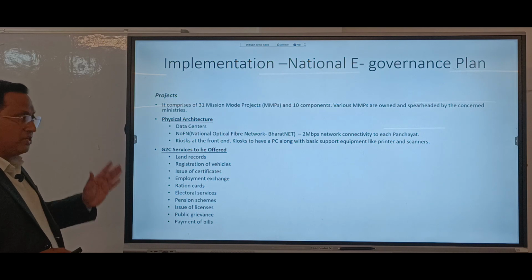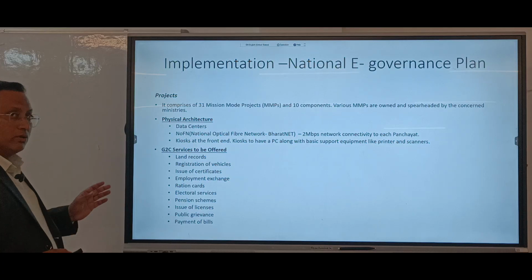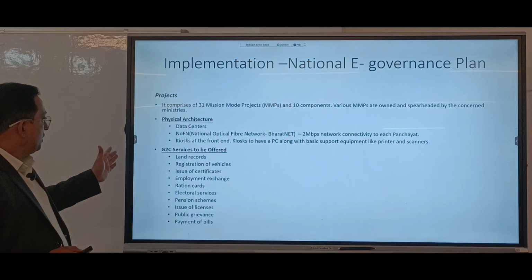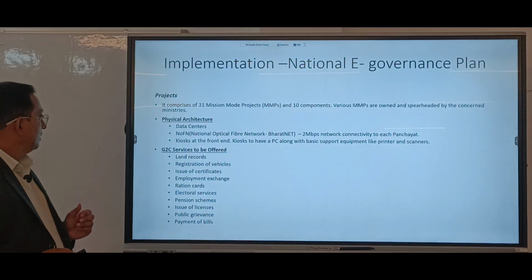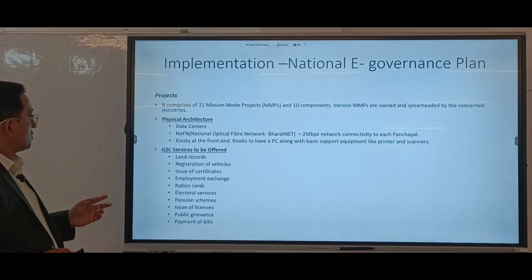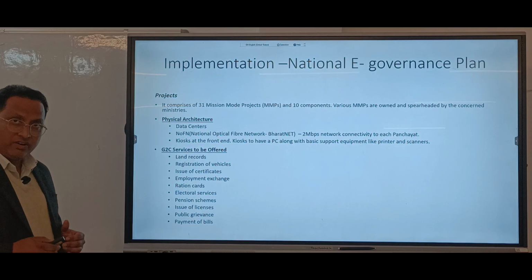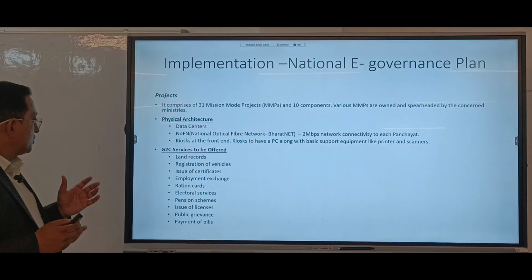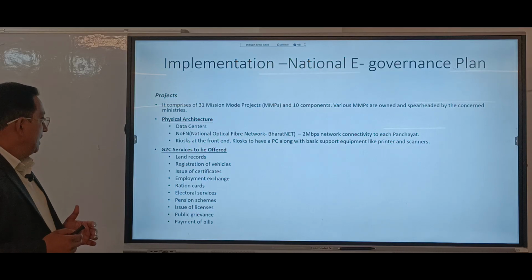Or the government to the citizen. So let's have a look at government to citizen. That means services to be offered: land records, vehicles, issue of certificates, employment exchange, ration cards,